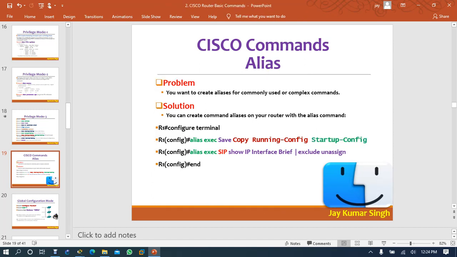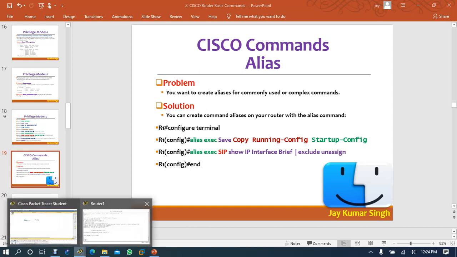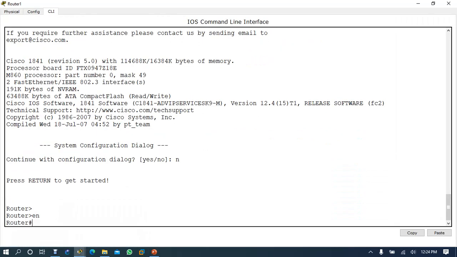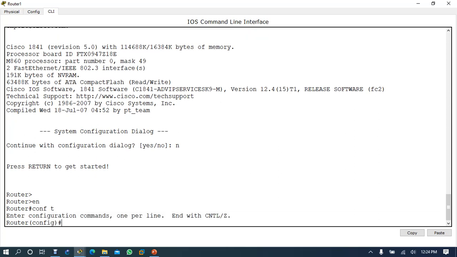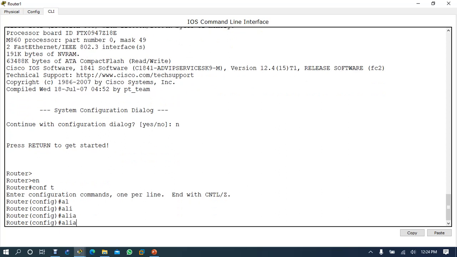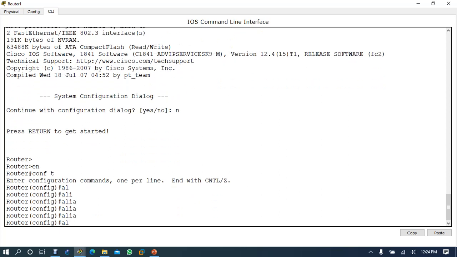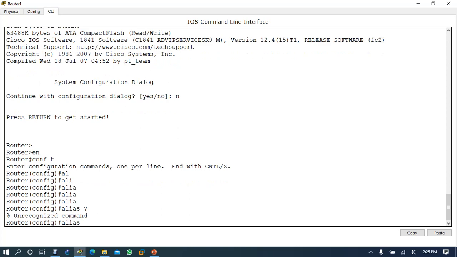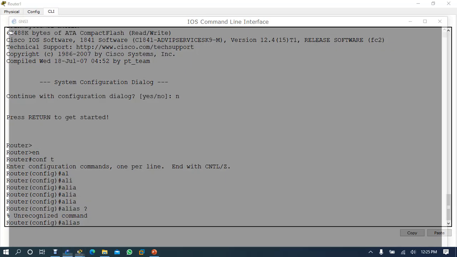So let's do this one. Okay. So now come here. I think if it will not work here, then we'll work in GNS. Yes, just like a nickname. So maybe I'll come here to the configuration mode, and then I'll write here alias. It's not there. No, it's not there. No problem. Come to Cisco. Come to Cisco. No problem.